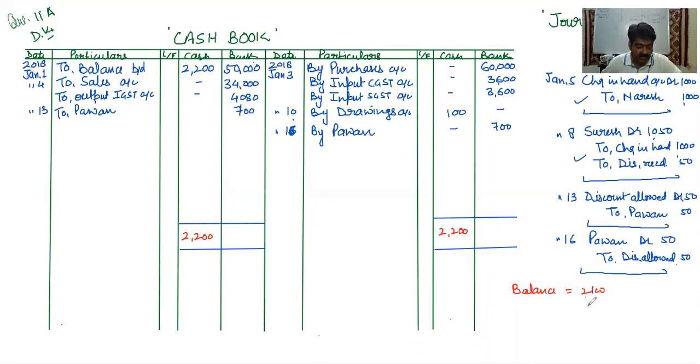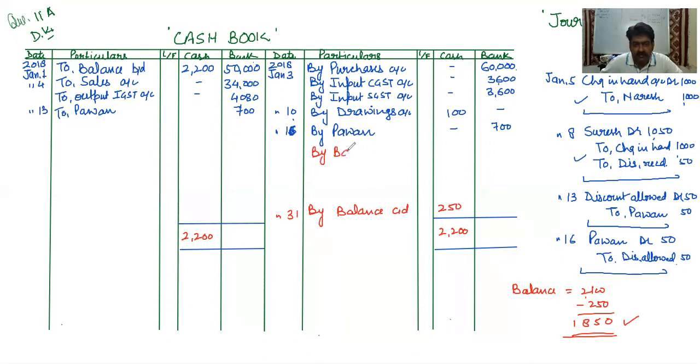Now see what instructions are there. Deposited into bank balance of cash in excess of rupees 250. So retaining 250 with us, we have to deposit all excess cash. 10 minus 5, 5, 10 minus 2, 8, 1. So 1850 is our excess of cash. This amount we have to deposit in our bank. So closing balance of cash will be rupees 250, and 1850 rupees we will deposit into our bank account.